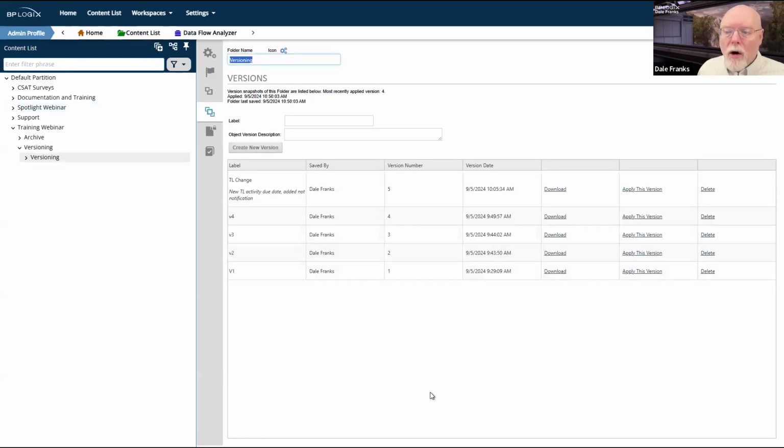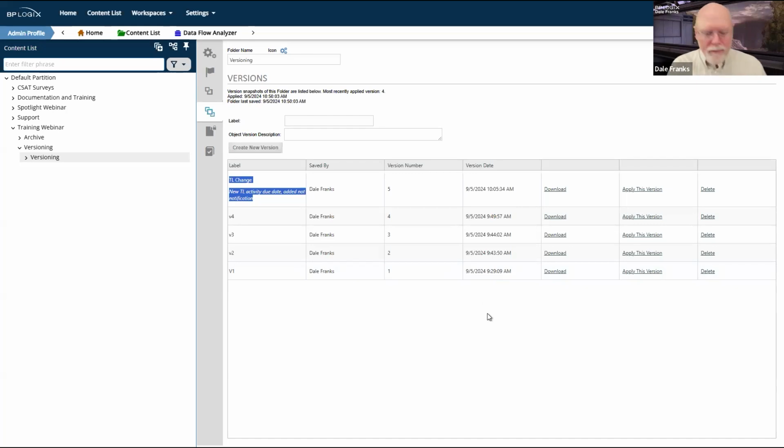Similarly, on your dev server, before you export it, you should do what we just did a second ago. Make a new version on dev that, again, shows what changes you made. Once you've made that change and you have that version running, that's the version that you can export out of development and into production in Process Director. So you're actually going to be doing a lot of versioning.